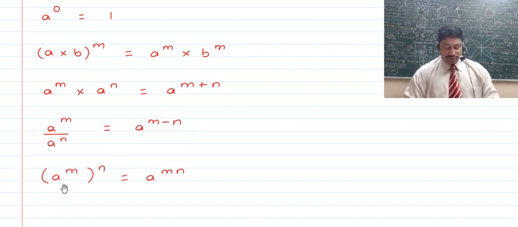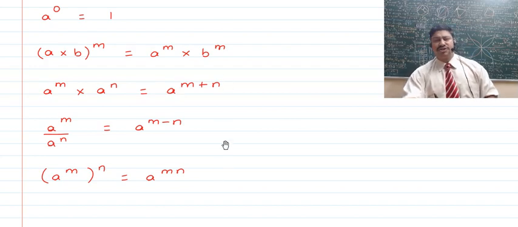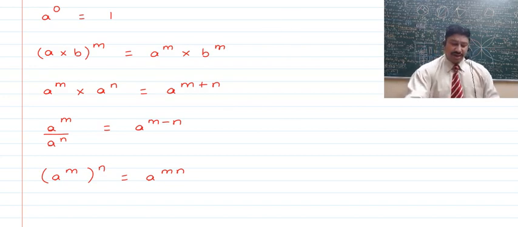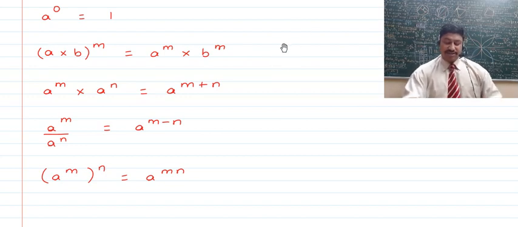Now next, if you have a number which is a raised to the power m in the exponential form and its exponent is n, then this will be a raised to the power of the product of the exponents, that is keeping the base the same, the exponents will get multiplied, right? So these are a few rules that we use in indices. I'm sure you must have understood all of this and you will write all of this, learn it, and then come to the sums.